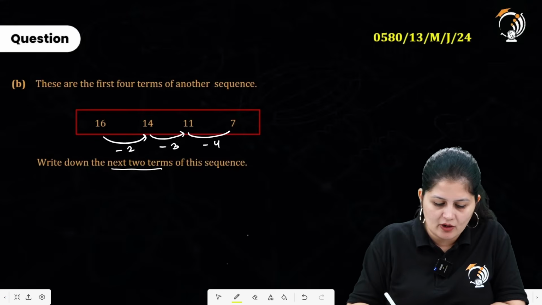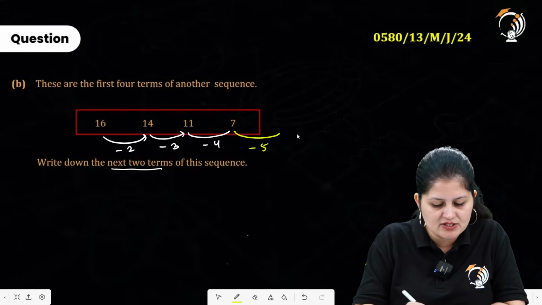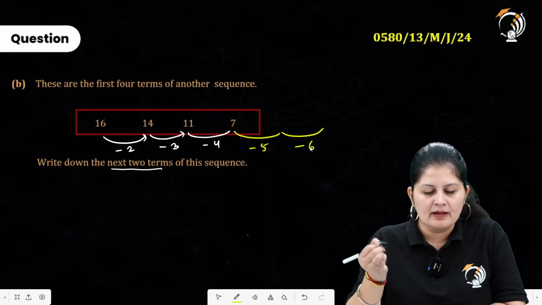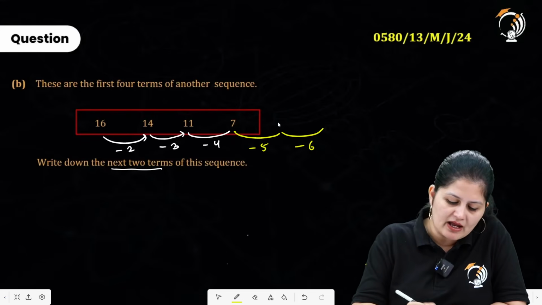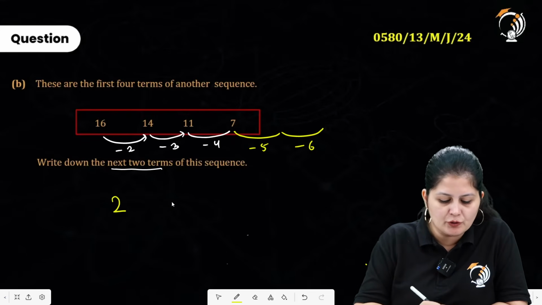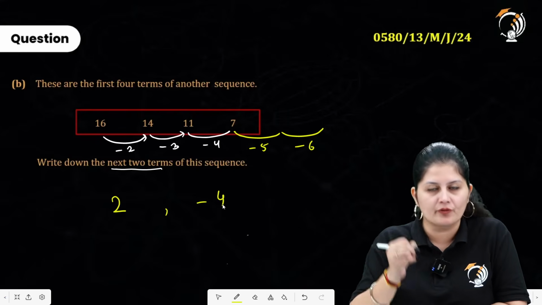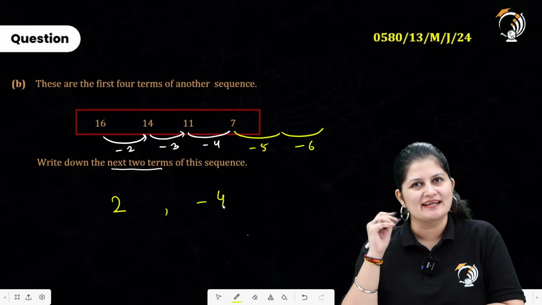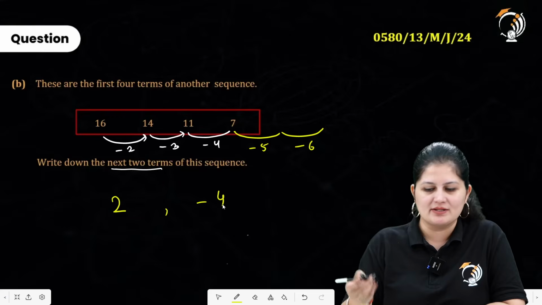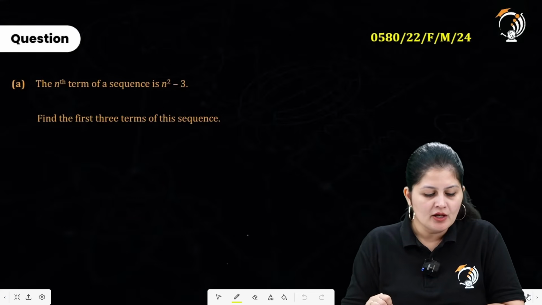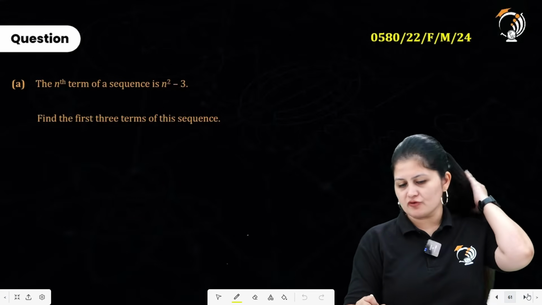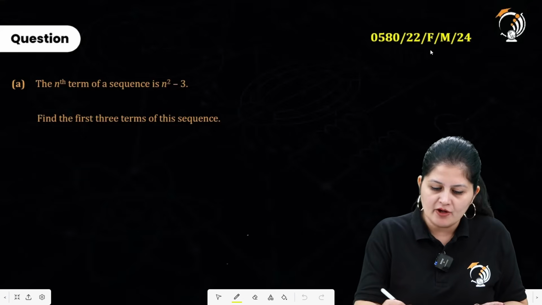So clearly the next is going to be a difference of -5 and then -6. So 7 minus 5 is nothing but 2 and 2 minus 6 is nothing but -4. That is what we are going to get as the next two terms of the given sequence. Clear? Now, moving to the next question here, which is from the paper of February, March 24 from the variant